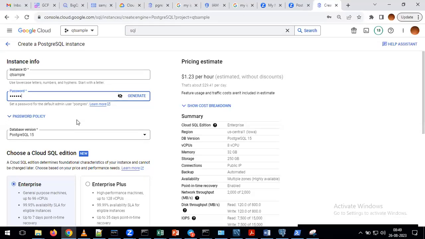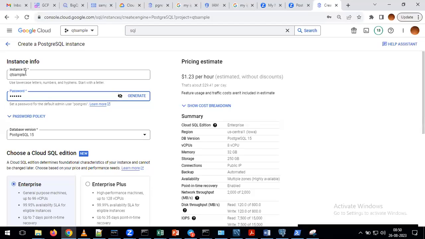And just one suggestion here, Andy. As part of our course, wherever it asks for the password, try to give the same password everywhere. With that, what will happen? No need to remember a different password for each and every thing. Earlier we installed MySQL, and at that time we gave one password. Yesterday, I hope you installed Postgres, and there also we gave the password. Again, as part of creating the instance for PostgreSQL, here also it is asking for the password. If you give a different password everywhere, you can forget the password or get confused. That's the reason, wherever it is asking for the password, try to give the same password. With that, you won't have any kind of confusion.